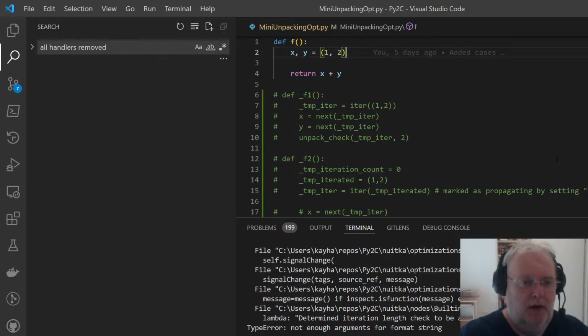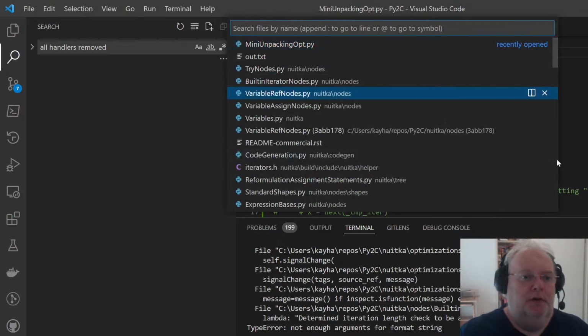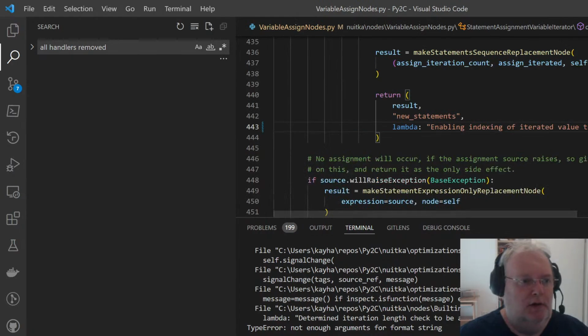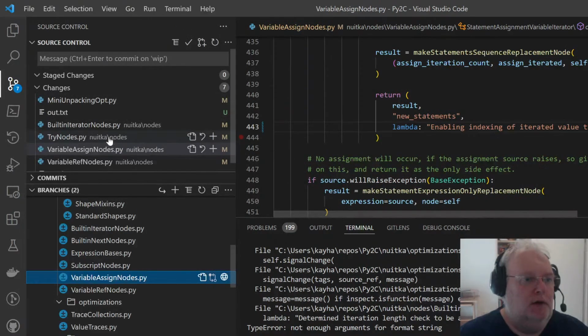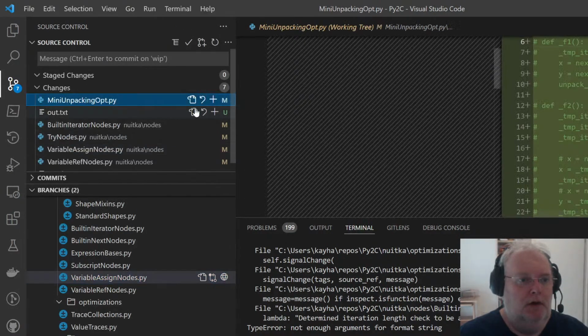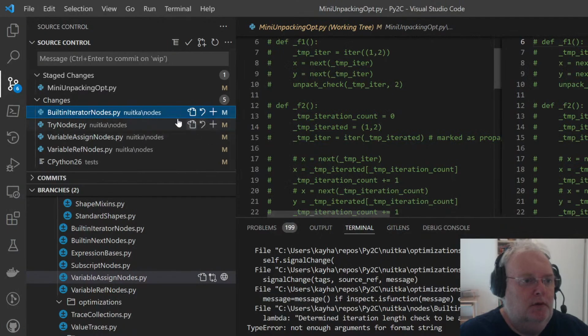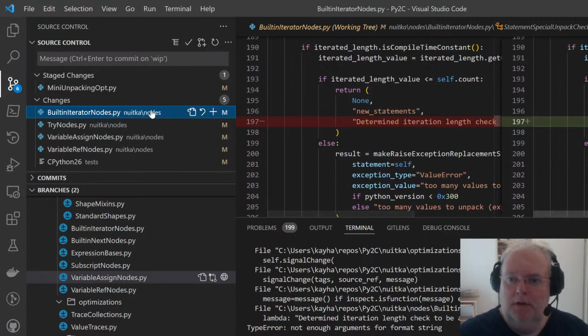So what I did with the variable assign nodes was I added, in this way I can do it. Output, I do not delete it, do not need it.